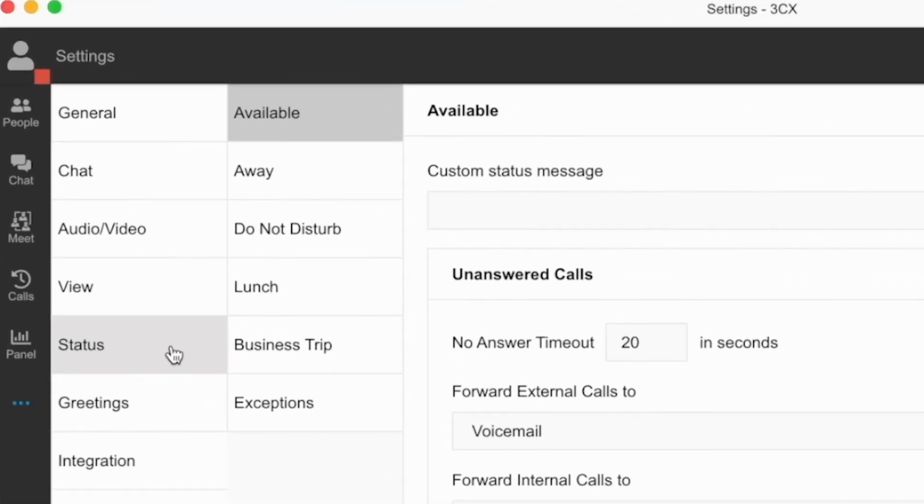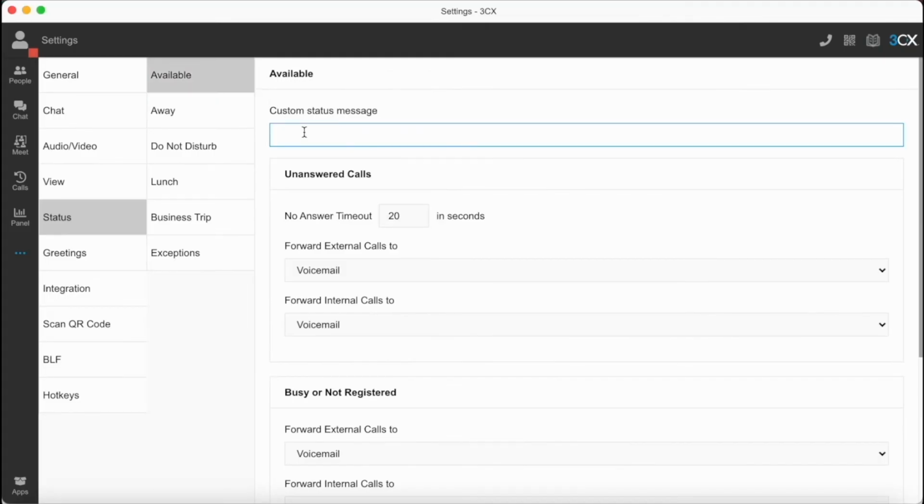Okay, so let's move on to one of the most important tabs in this menu system, and that's status. So this is where you program your available, away, do not disturb, etc. that we touched on right at the start on the people's view. We'll go to available first. Like the other statuses, you can have a custom message here if you want to,